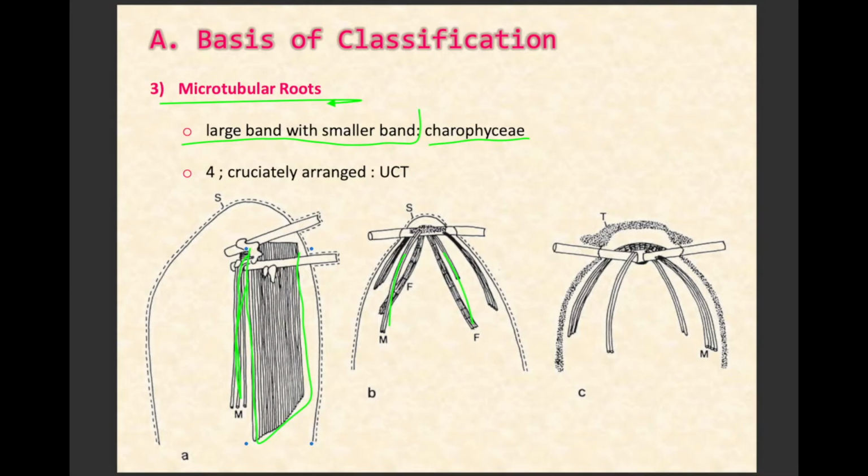But in your UCT group, pag sinabi natin UCT, that's your Ulvophyceae, Chlorophyceae, and Trebouxiophyceae group. Usually, they have this apat na microtubular roots. And these are usually arranged in parang, pag sinabi natin cruciately arranged, para siyang cross, ba? Kinrucify si Jesu Cristo. Yeah, cross-like yung pattern. Yeah, pag nasa most top view siguro makikita mong cross yan. But meron kang arrangement of this na may tinatawag tayong certain arrangement, yung tinatawag nating